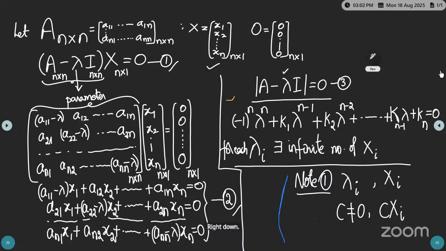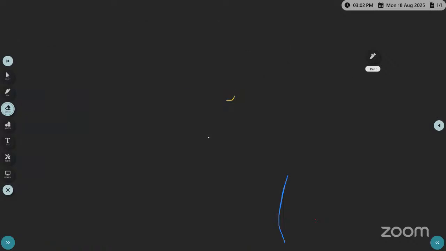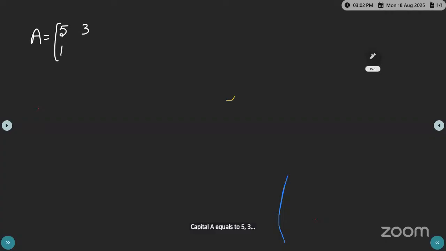Write down. For the matrix capital A equals 5, 3, 1, 3, one of the normalized eigenvectors is given as